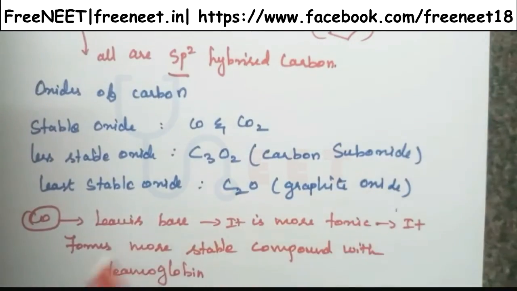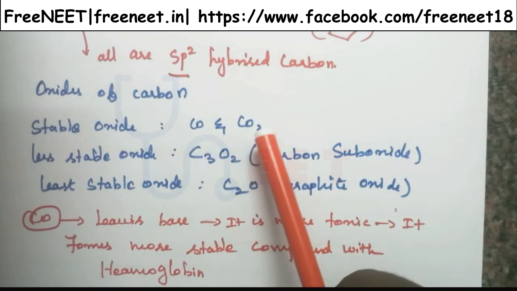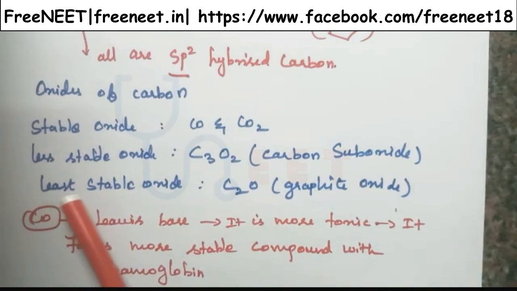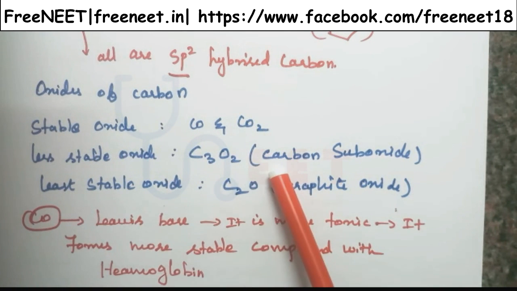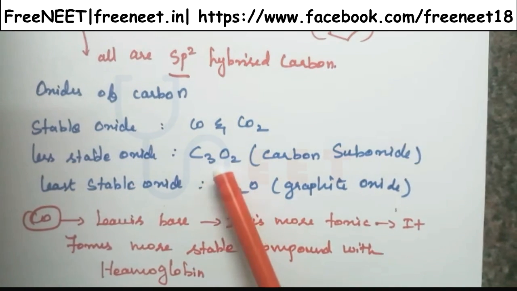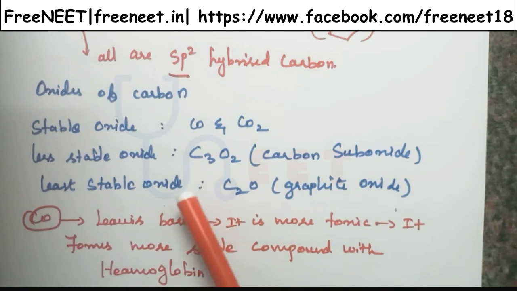Oxides of carbon: the most stable oxides are carbon monoxide and carbon dioxide. Carbon dioxide is also called a greenhouse gas. Then a less stable oxide is carbon suboxide, C3O2, which is a less stable oxide of carbon. Then the least stable